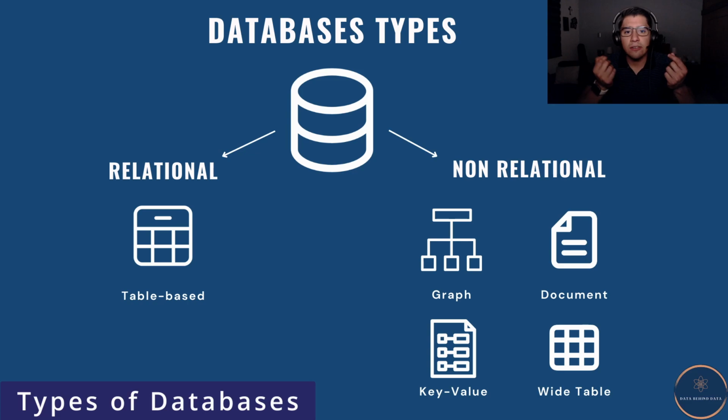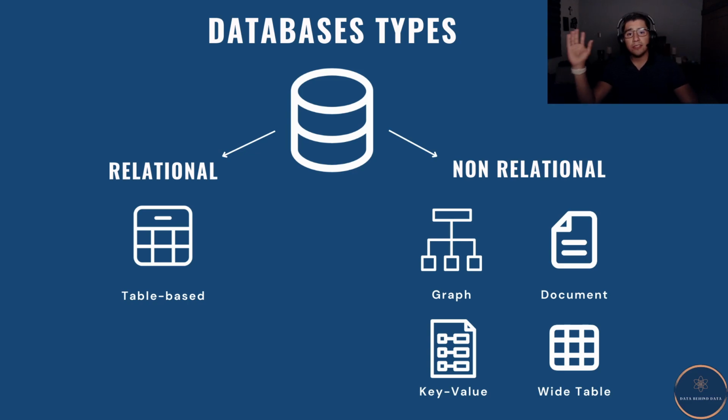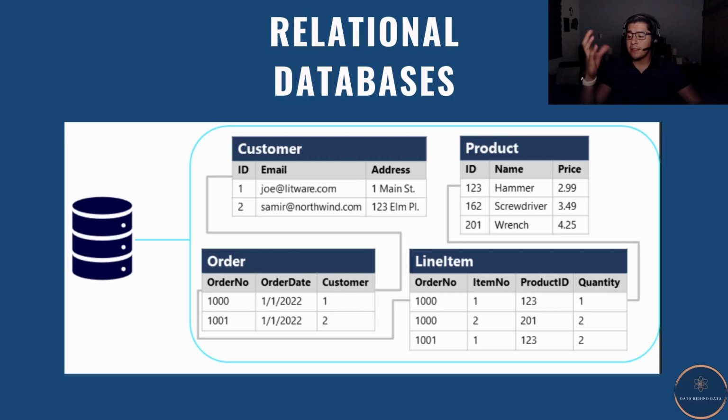Getting into more technical words, we can have two types of databases: the relational databases or the non-relational databases. And let's start by talking about the relational databases. Relational databases are also called SQL because this is the query language that these databases use. And these relational databases are commonly associated with data that is stored in tabular form, represented with columns and rows. And these columns and rows make entities, meaning that data is